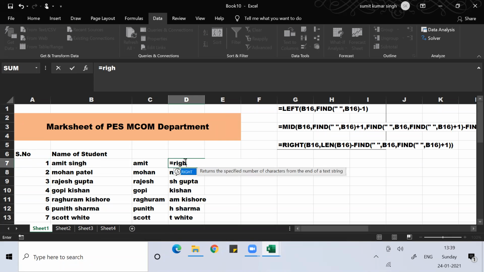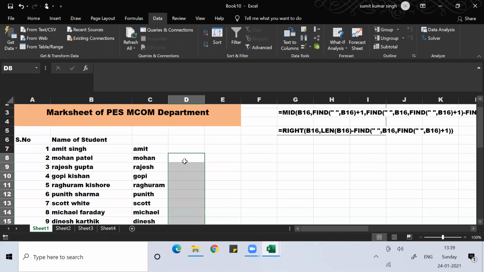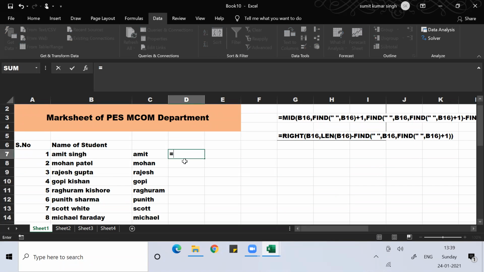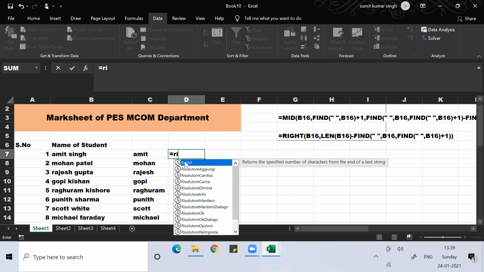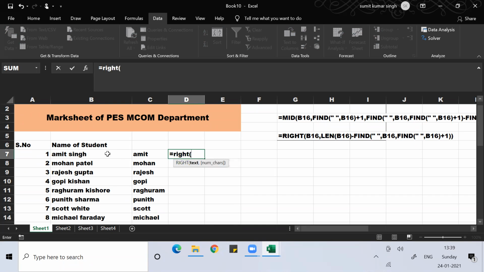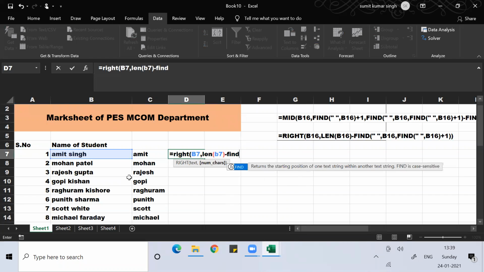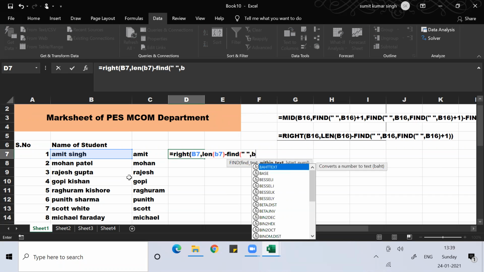So equal to RIGHT, then B7. The number of characters here is the length of B7, minus FIND double quote space double quote comma B7.